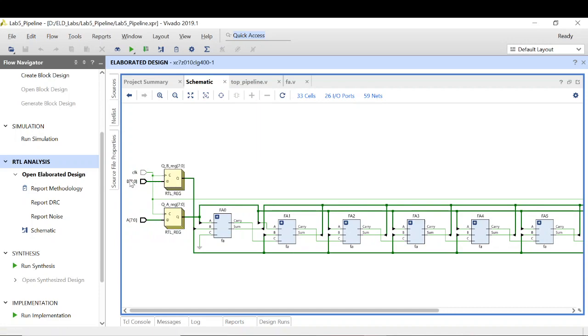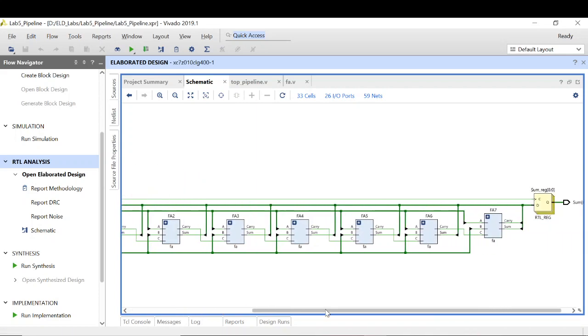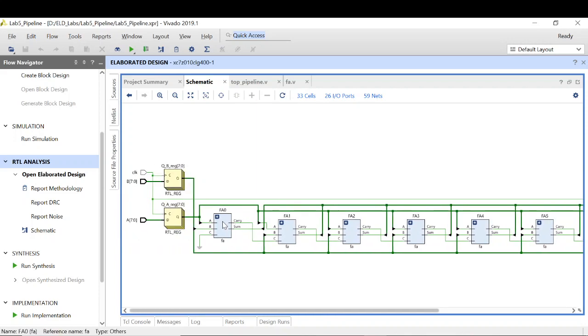As you can see, my A port was of 8 bits, and I can see here there are 8 flip-flops, and similarly for B port I have 8 flip-flops, and then there are 8 instantiations of this full adder.